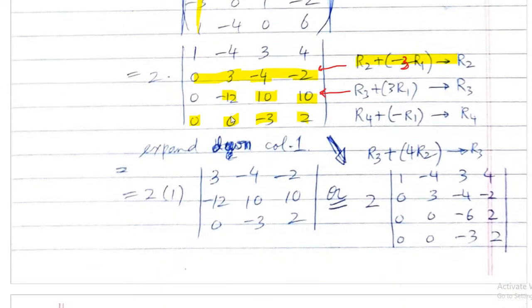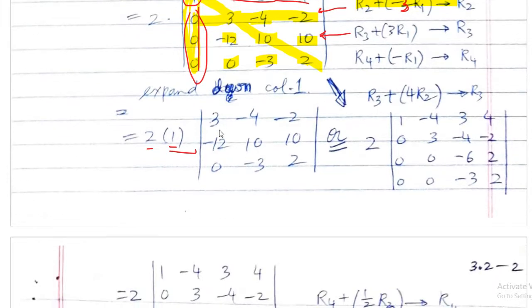I can continue and make all values below the diagonal zero, but I know that if the first column has become 0, all values become 0. So why not just expand by column 1 now? If you bring this one here, this comes down here, and 2 is already outside. Now the first row and first column are gone. So you get 3, 4, minus 2, 12, 10, 10, 0, 3, 2. I got this determinant, right? I don't have to consider anything else because all these values are 0, so there is no contribution from here.